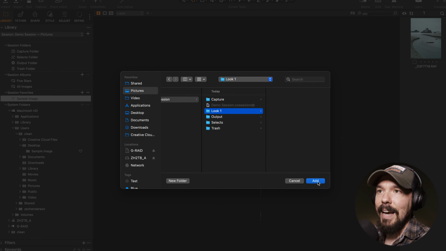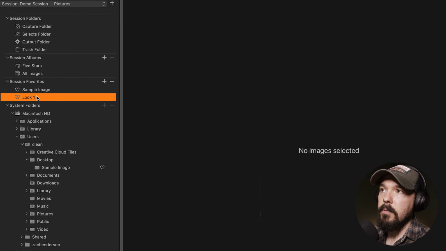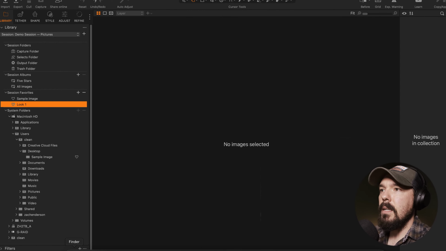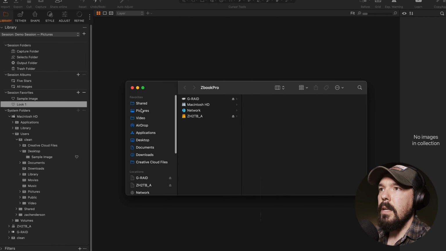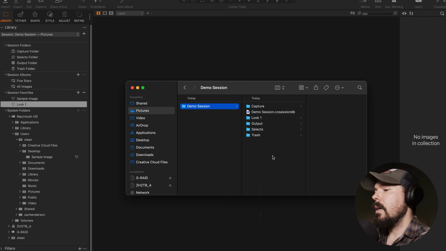Now I'm going to click Add. Now we see Look 1 is a session favorite. There is a faster way to do this. If I were to navigate through Finder into the session folder that we've already made, I can quickly